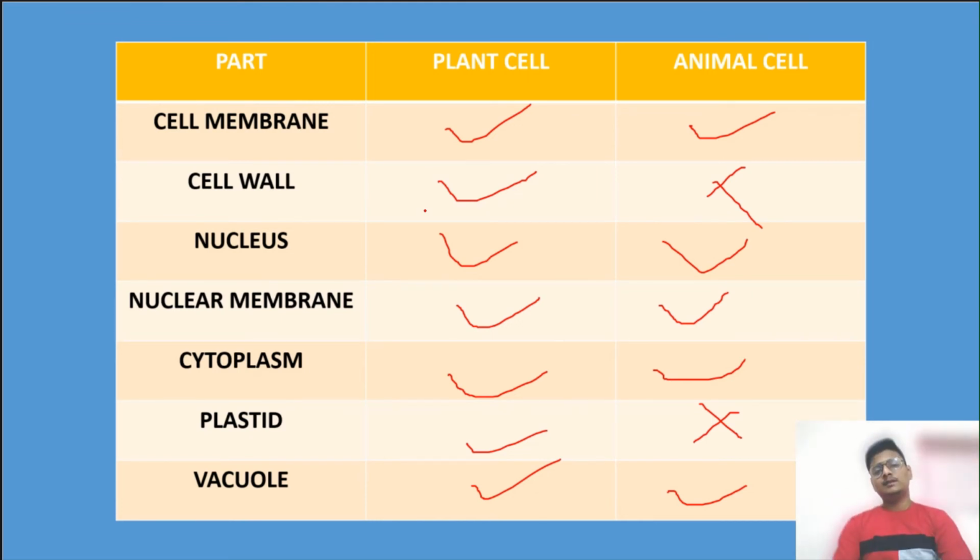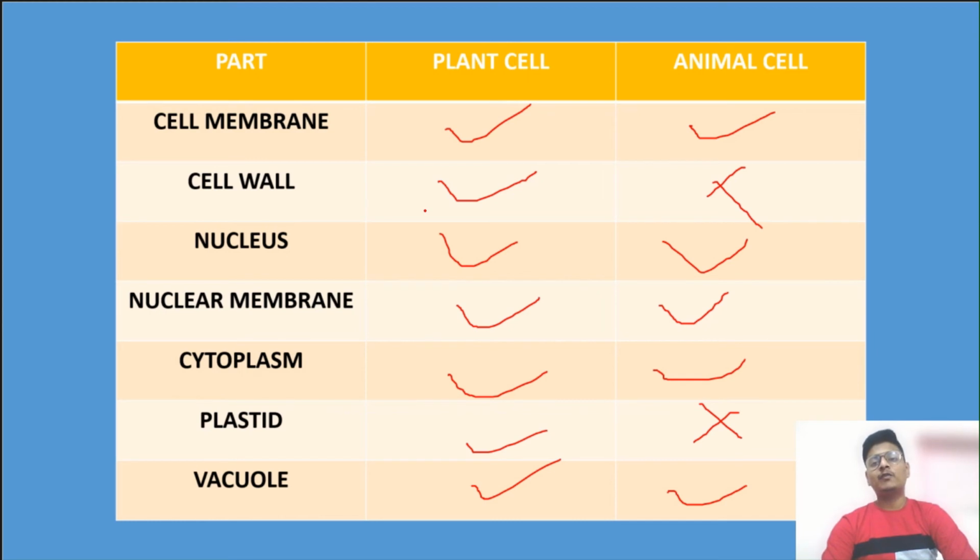See, till now this was the main thing, and there are many more differences between plant and animal cells, but these will be told to you in the higher classes. For now this is enough for you. If there is any doubt, you can ask me after this class. I will be free for you.